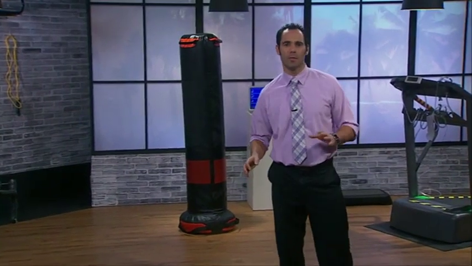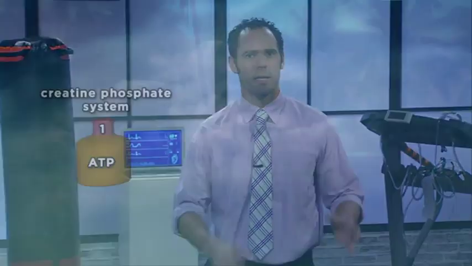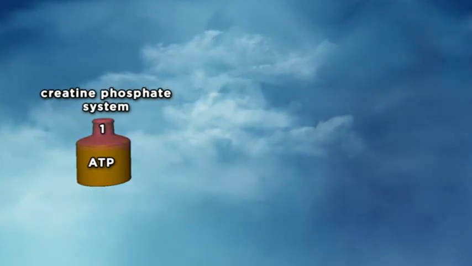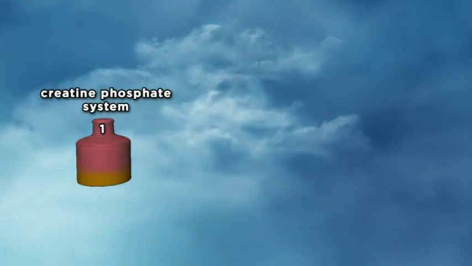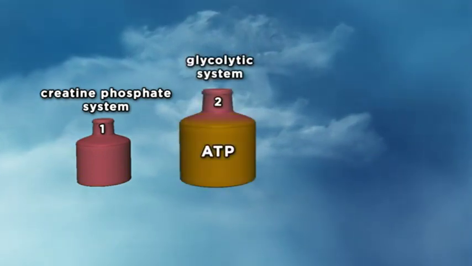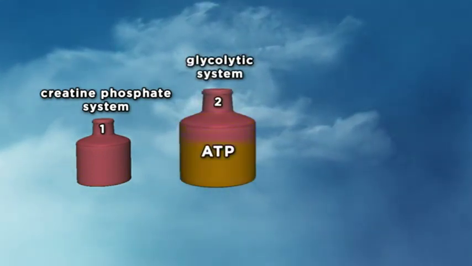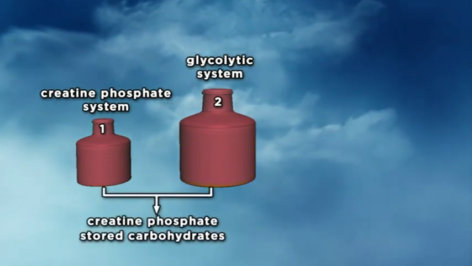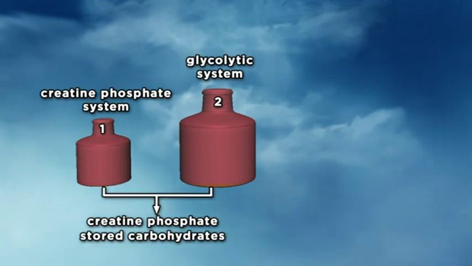It might help to think of your fuel use and energy systems like a car with a series of gas tanks in it. This is an analogy that is often used in exercise physiology courses. Tank 1 would be very small, but would produce ATP quickly, although you soon would run out of fuel. So then you move on to tank 2, where you can go a bit longer because the tank is bigger. And these first two tanks will deplete much of your stored creatine phosphate and your stored carbohydrate to use as